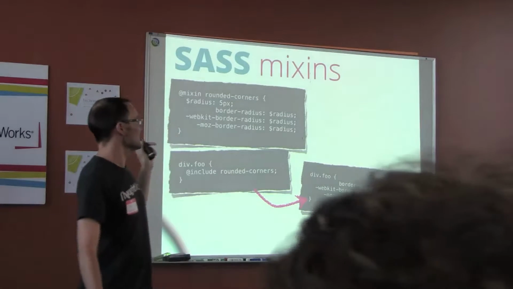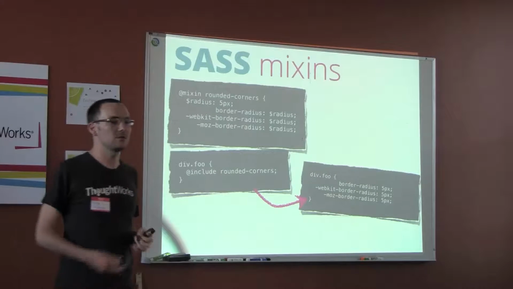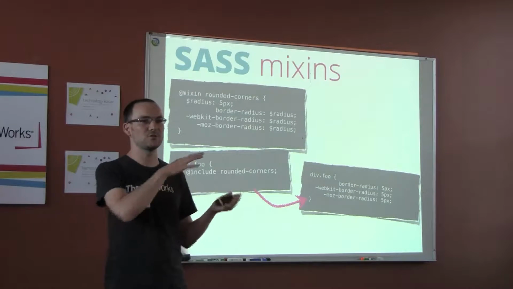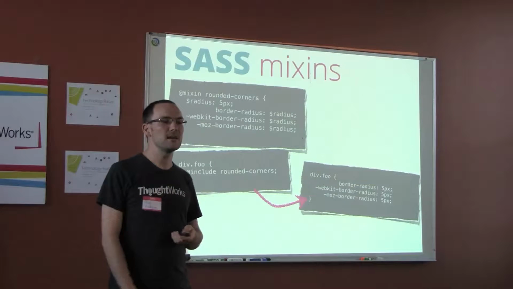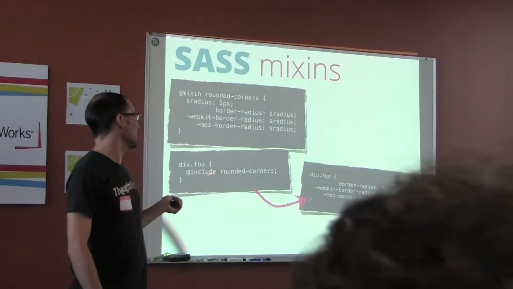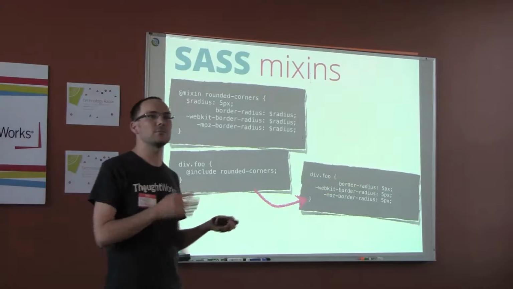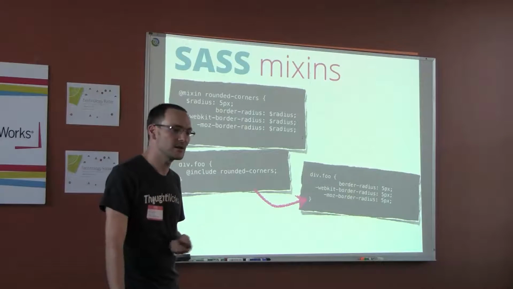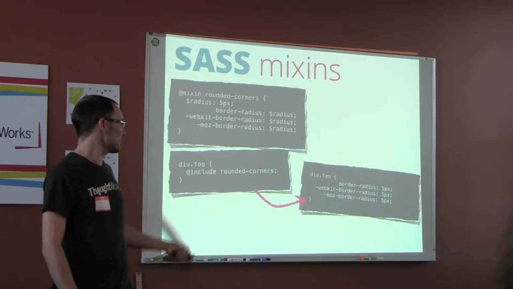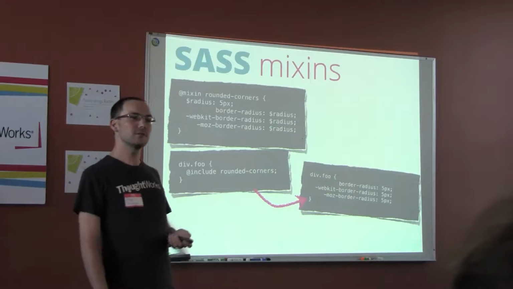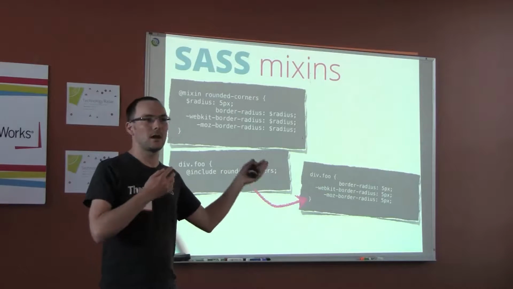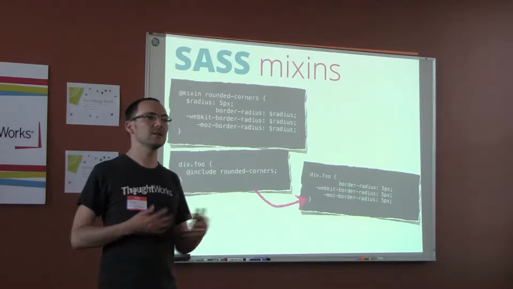So mix-ins is a really big win. Basically you can define a chunk of common functionality, like the rounded cornerness of something, and then you can mix it into some other style element in your CSS or in your Sass. This is great, particularly for modern CSS, where you have all of these gnarly vendor prefixes. It's also great where you have very long animations and transitions and linear gradients and stuff